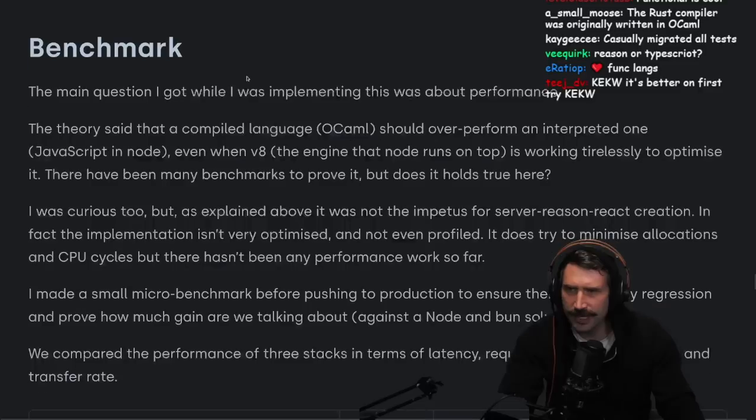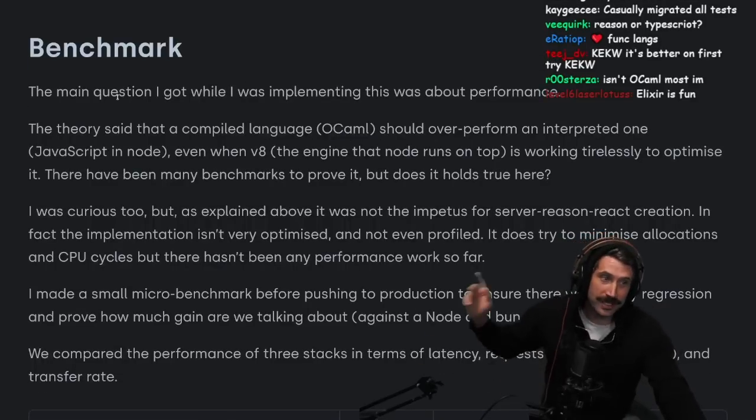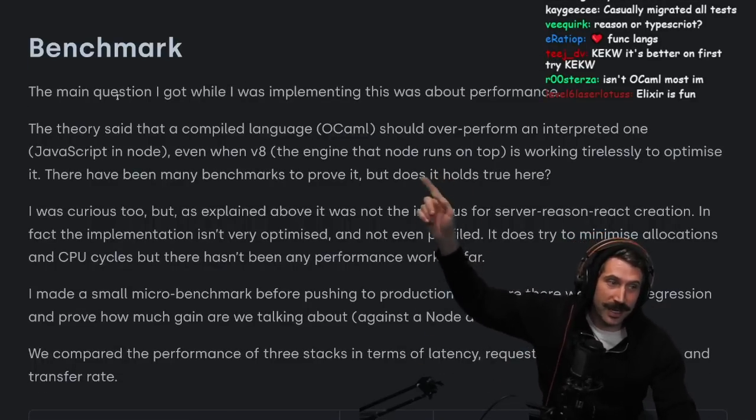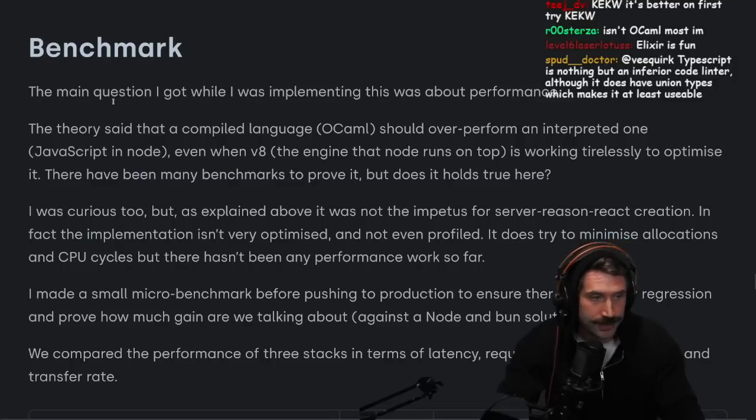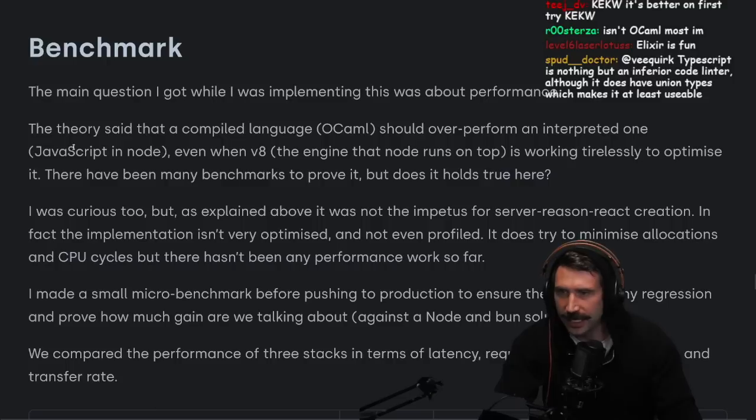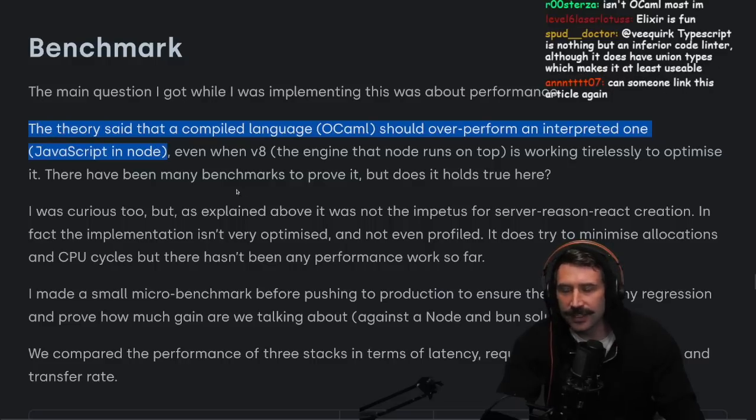Okay, benchmark. All right, this is where the juice comes in. This is what I'm very curious about. Does it win with the juices? You know what I mean? The juices. The main question I got while I was implementing was about performance. Yeah, the theory said that the compiled language OCaml should outperform an interpreted one, JavaScript. So you can't. The thing is that